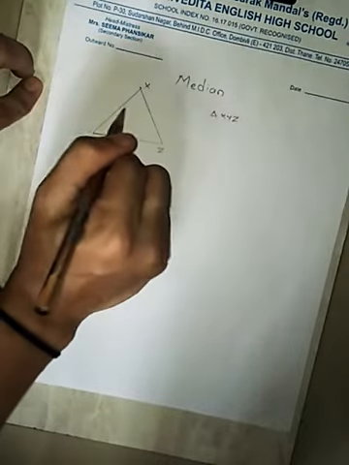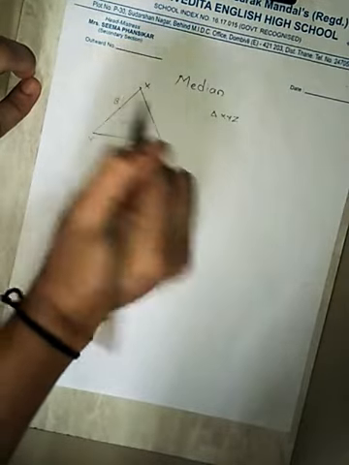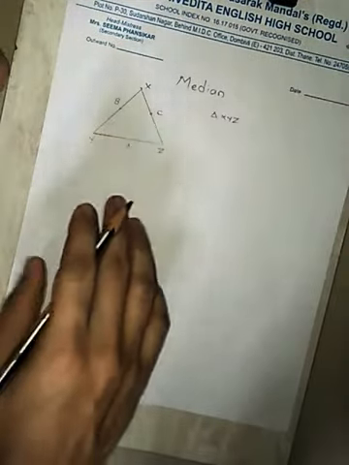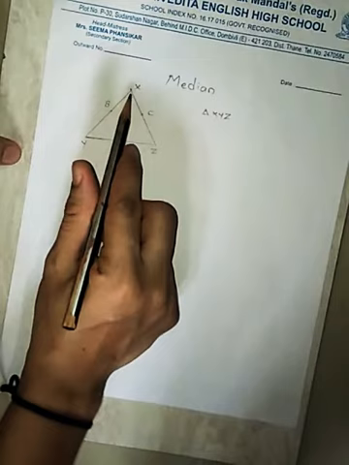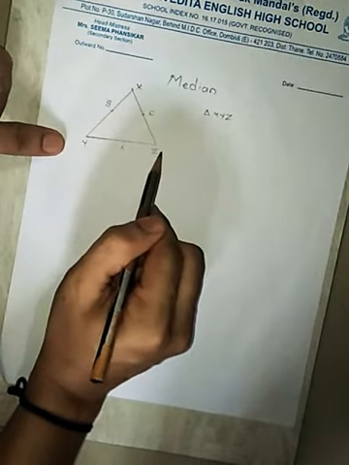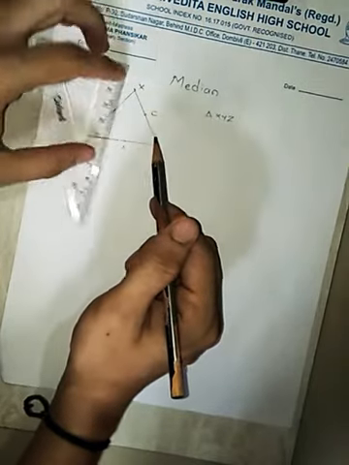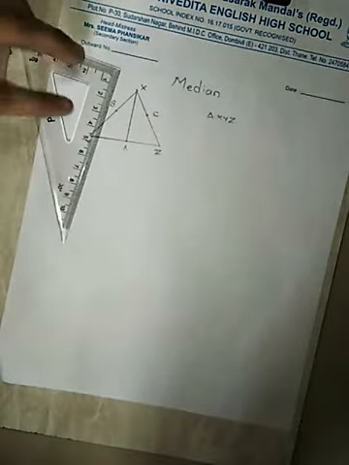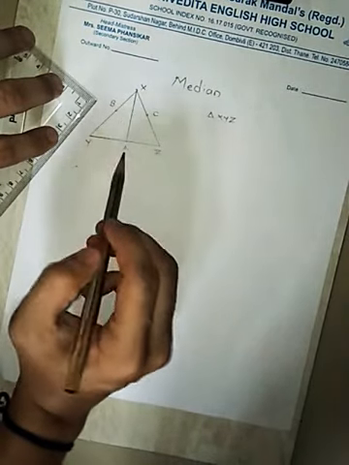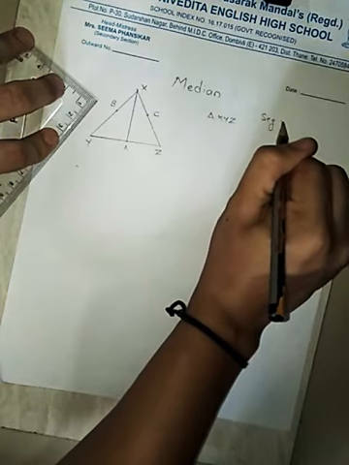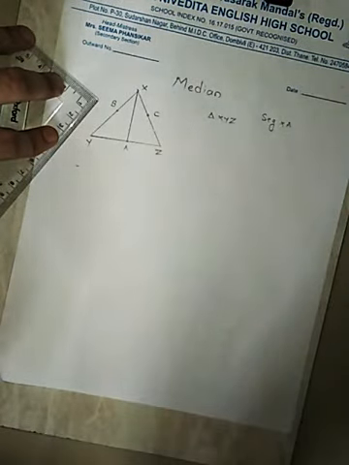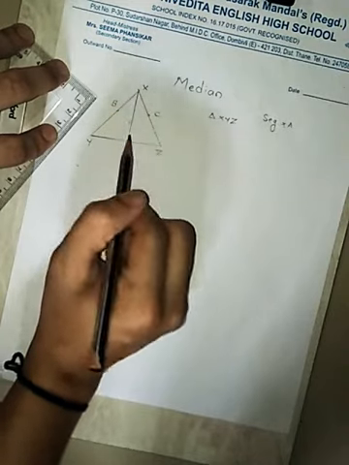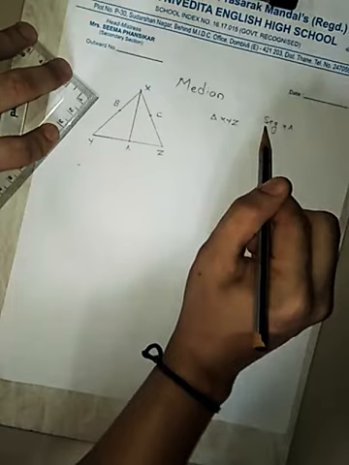Now suppose XY has another midpoint, B, and XZ has midpoint C. If you consider point X, what is the opposite side of vertex X? YZ. The midpoint of YZ is point A. So I have to join X and A with a segment. So I will get my first median, which is nothing but XA. So segment XA is my first median. Did you understand? The line joining a vertex to the midpoint of its opposite side is called a median: vertex to midpoint is nothing but a median.